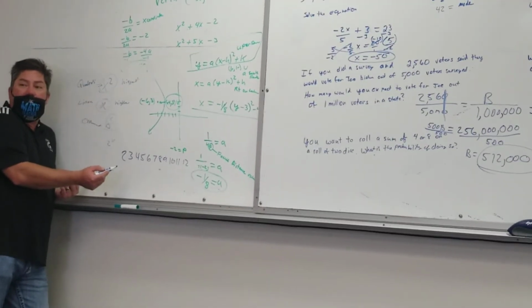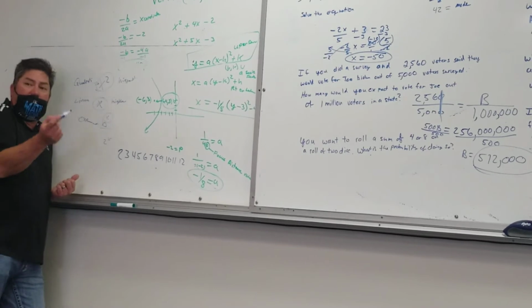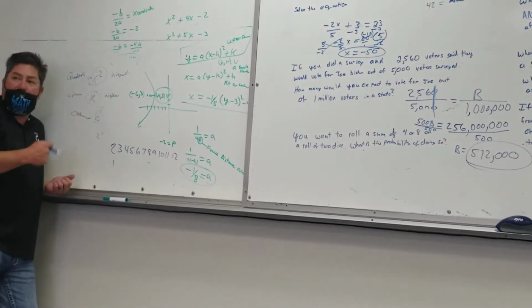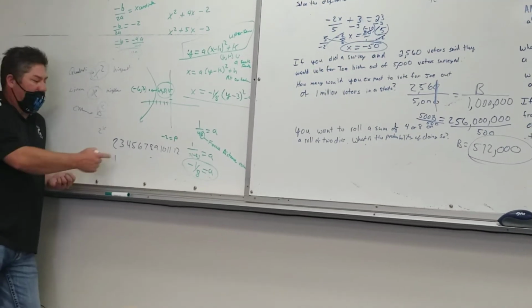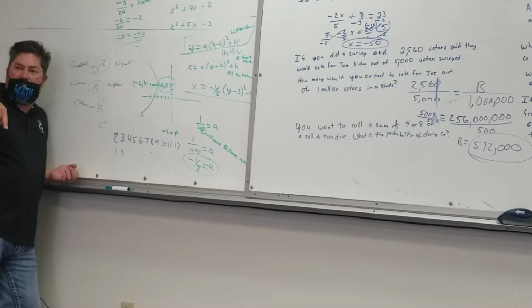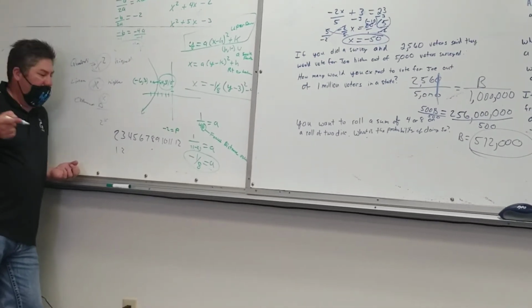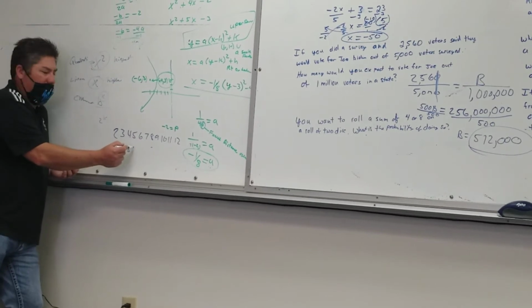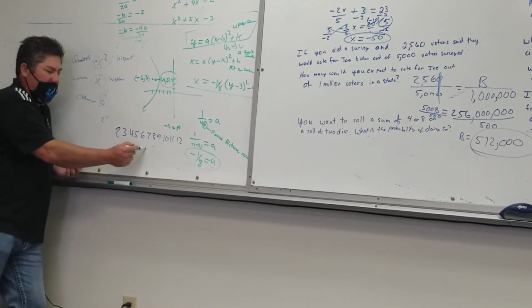How many ways can you roll a 2? How many ways can you roll a 2 with just two dice? One. One way, has to be a 1 and a what? 1. How about a 3? Two. Two ways, 2, 1, or 1, 2. You with me on the two dice? 2, 1, 1, 2. So there's two ways. How many for 4? 3. 3, 5, 4, 6, 5, 7,